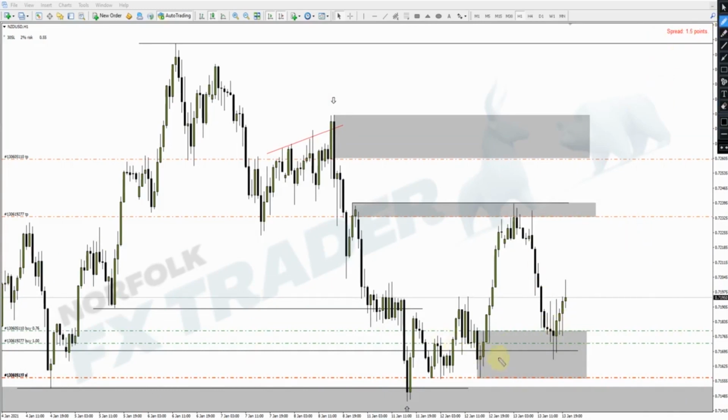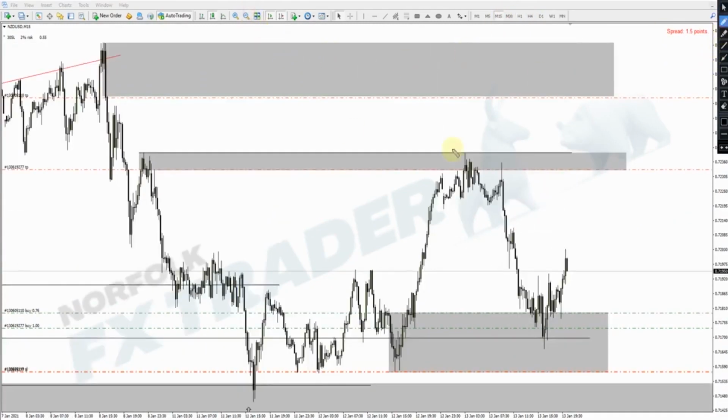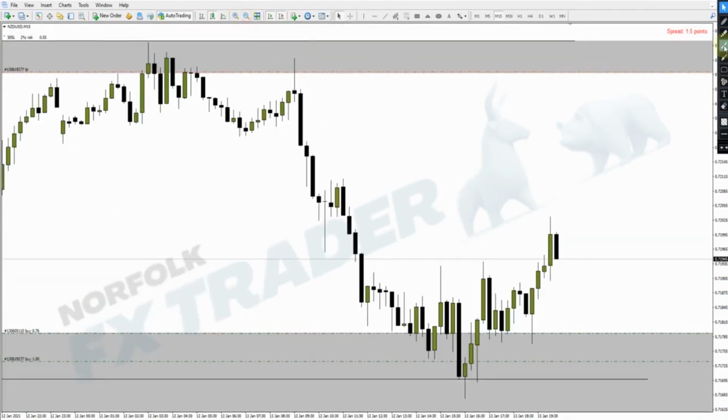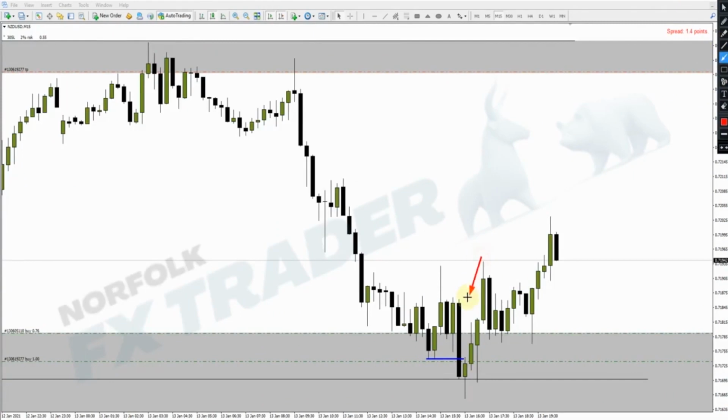So let's go down to the 15-minute time frame where I took this second entry. Now on the second entry here, you can see where the market's come back down into this area of demand on the 1 hour. We then create this, let me just go closer into price so we can see this better. So we then create this area here, these double 2 candles, and then the market drops through,